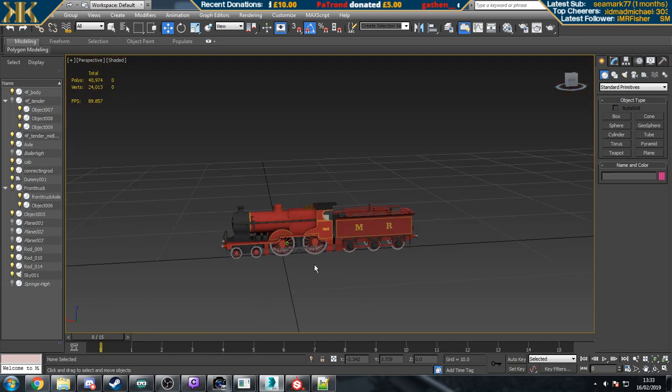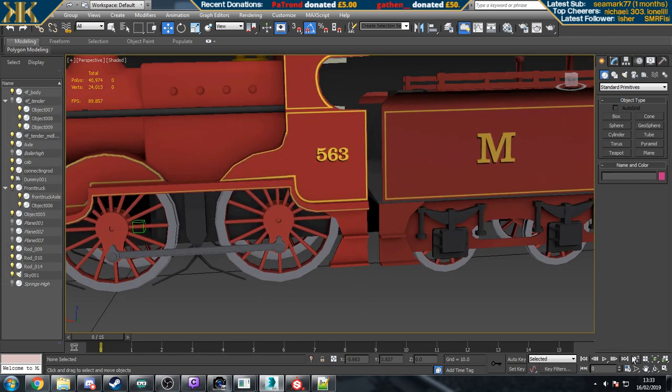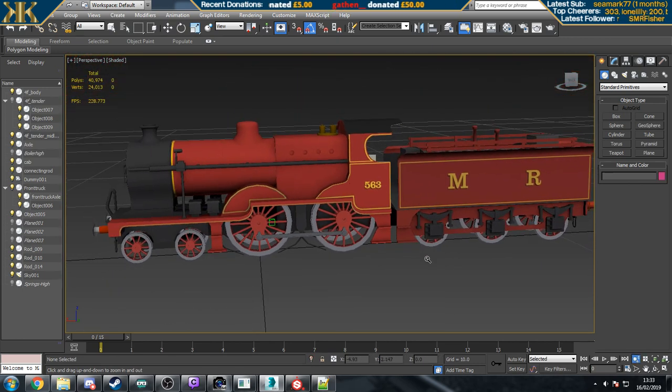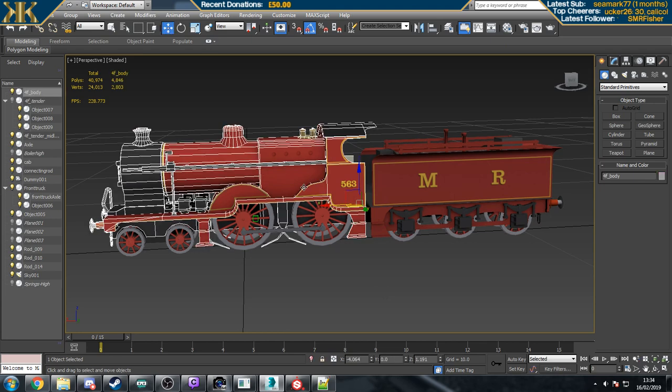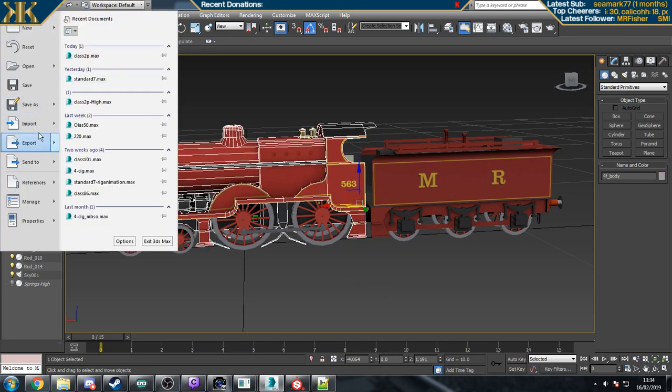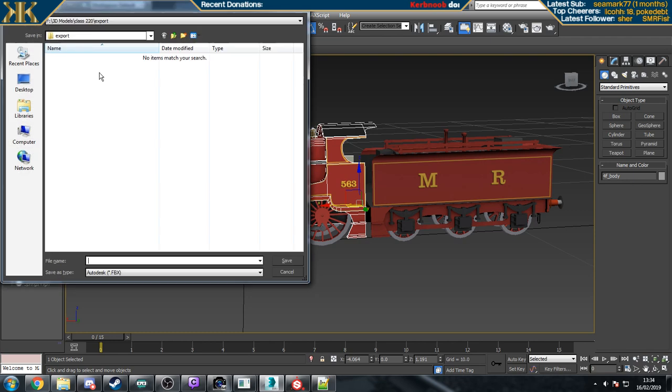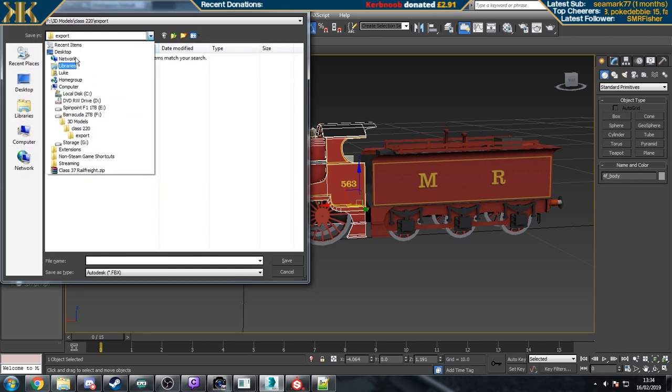So let's put those back. There we go. Right, so once they are exported, we'll have a nice number of meshes ready to be converted. So let's do that real quick then. We want to export this. Export selected. We shall put that